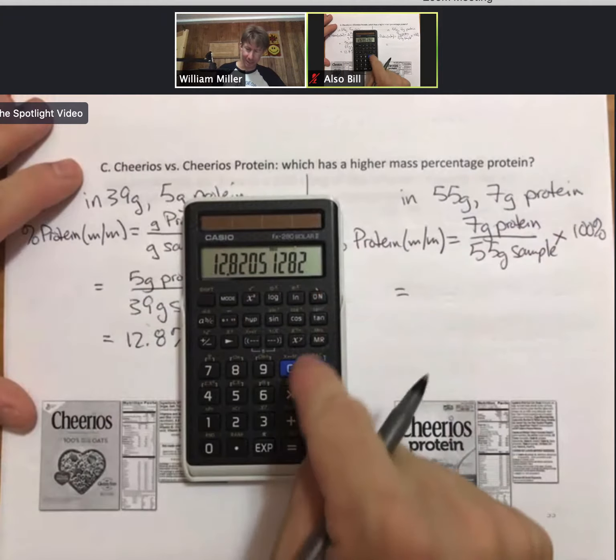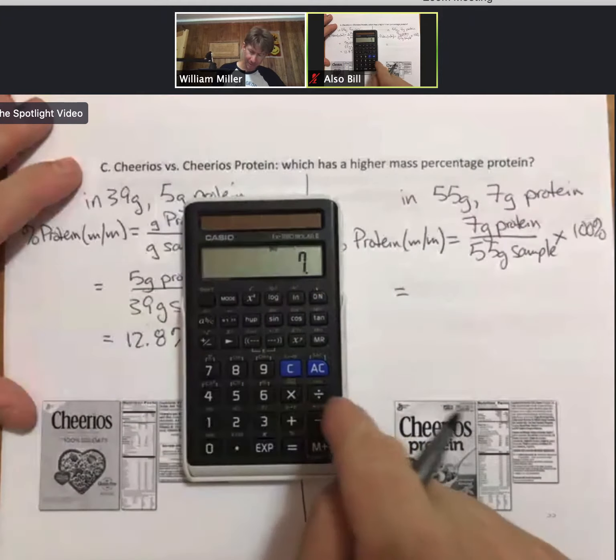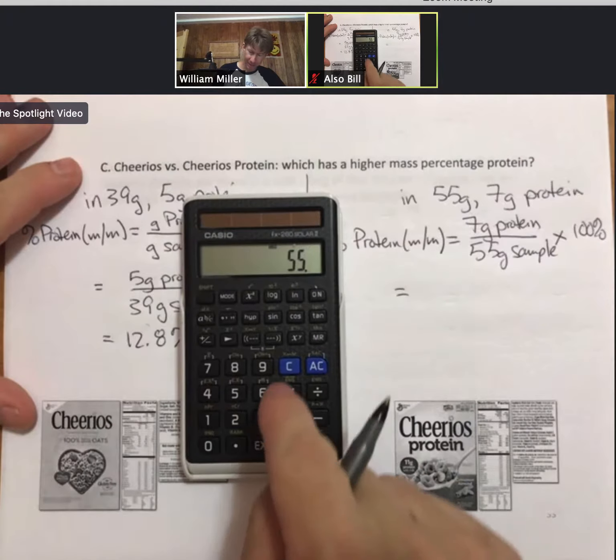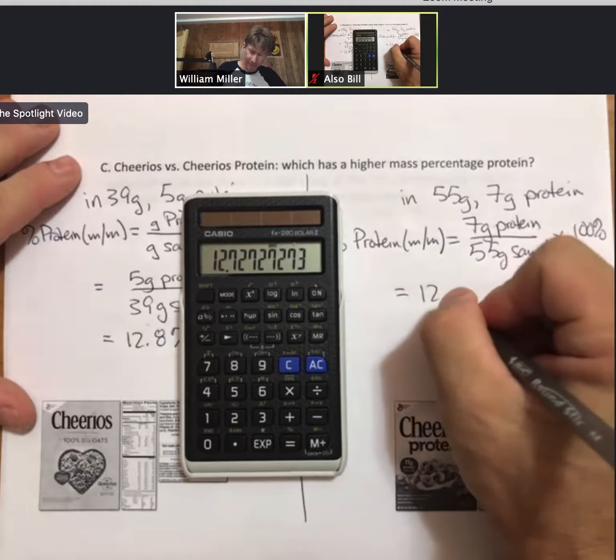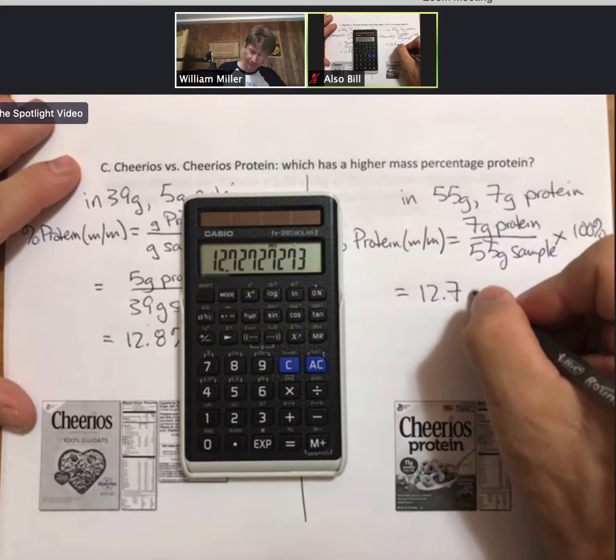And when I work this out, 7 divided by 55 times 100, I get 12.7% protein